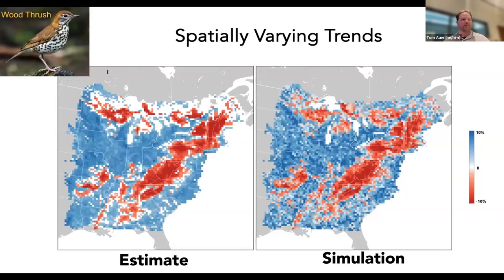Similarly, we do this for spatially varying trends, as we all know that species, as I've talked about, have spatial variation in both where they are and what the trends in different parts of their range are. So on the right, you can see a simulated trend related to forest cover, decreasing in those forest covers, increasing outside of that. And on the left, you can see the estimate from the trends model recovering that signal and that spatial pattern very nicely. These next slides, you don't have to pay attention to all the details, but the point is that we do this a bunch.